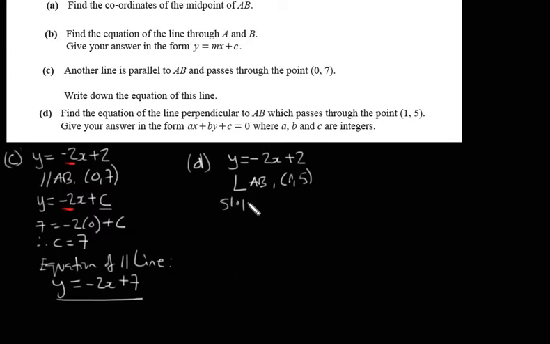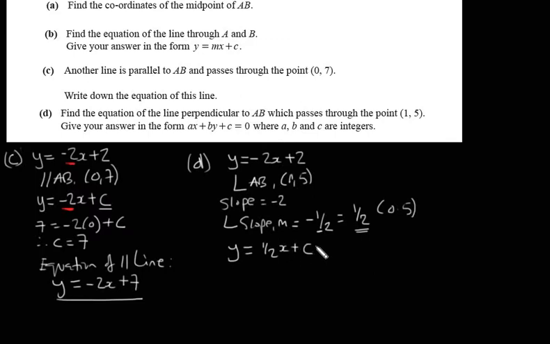Hence the given slope is equal to minus 2. So the slope of a perpendicular line is equal to the negative reciprocal of the given slope, which is equal to half or 0.5. Hence the equation of the perpendicular line will be y is equal to half x